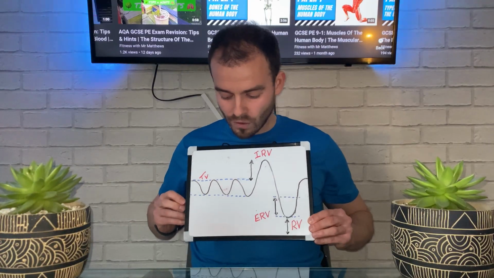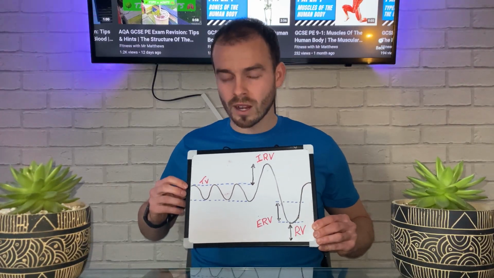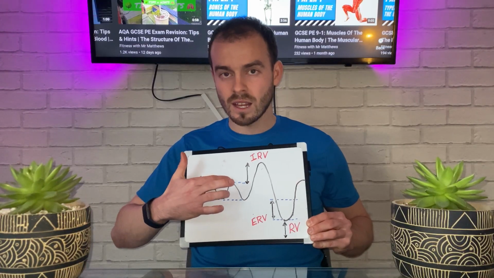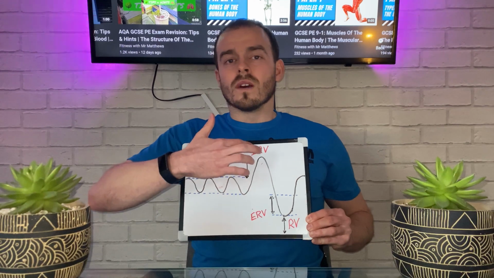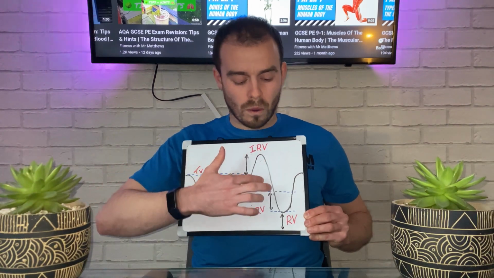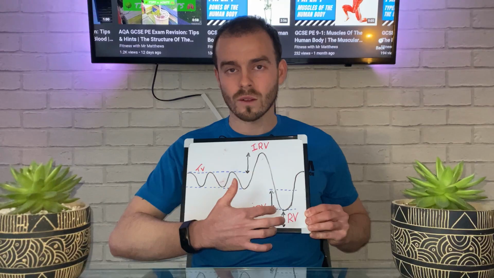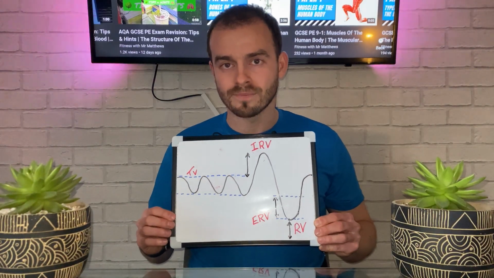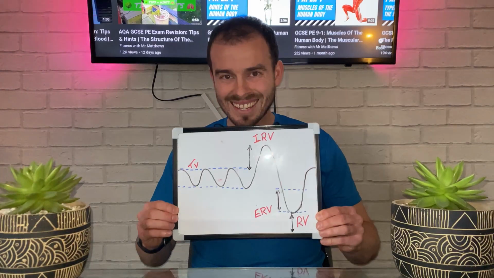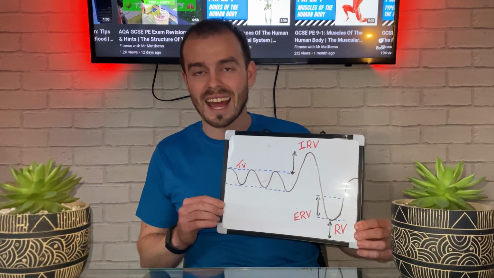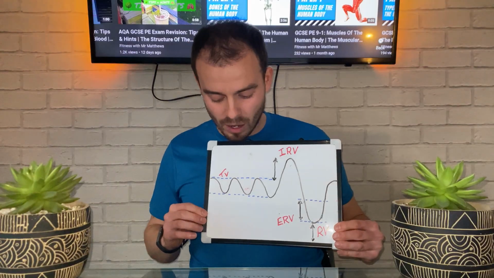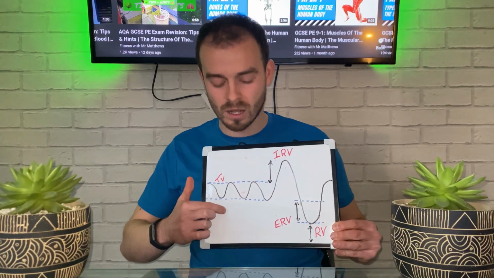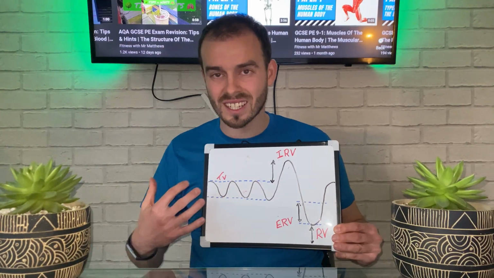Okay, so just to run through that again. Tidal volume, I'm breathing out, I'm breathing in, I'm breathing out, I'm breathing in. I breathe out, I breathe in deeply, I forcefully blow out, and I continue to breathe normally. Now, this is a trace at rest. Obviously, if I were to exercise, these lines would become deeper and higher, so they'd start to take up more